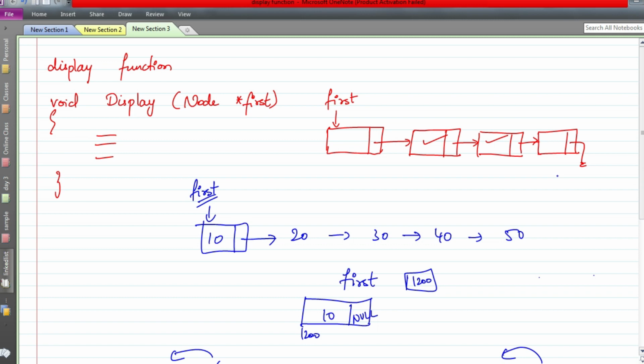Remember, assume there is an existing list and write the code for inserting an element at the end or at a given position. Then decide whether this code will work if the list is already empty, or whether this code works when the list has only one element. These are the two things you need to consider.